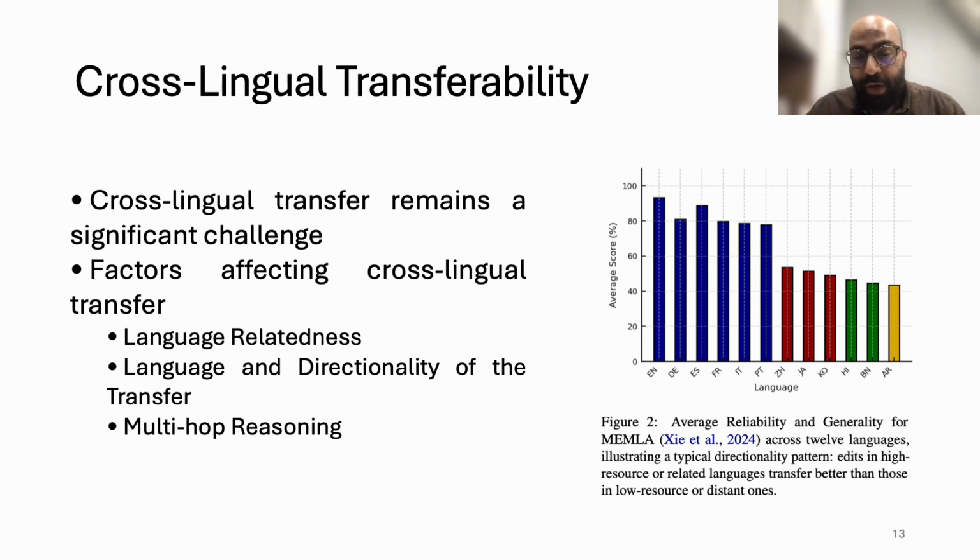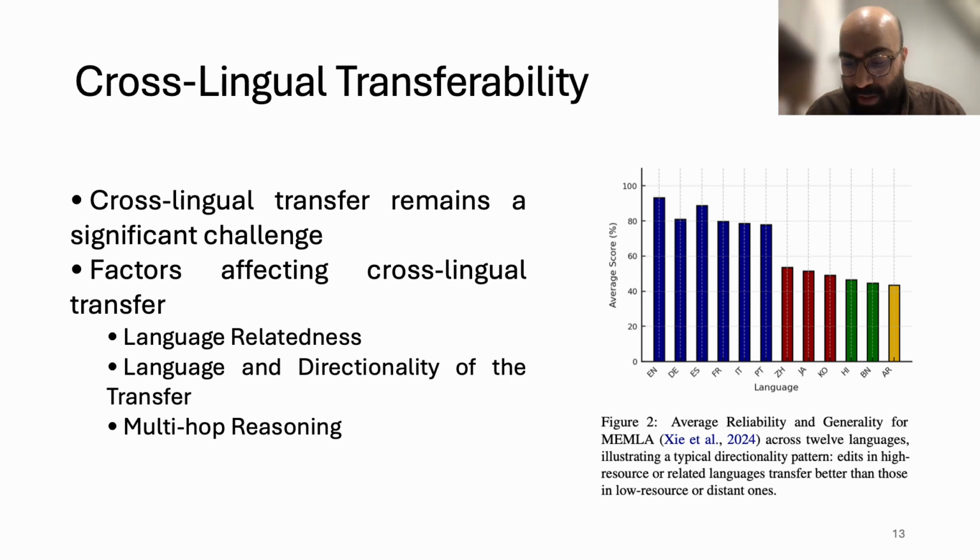Regarding cross-lingual transferability, it remains a significant challenge as we have many factors affecting cross-lingual propagation. One of them is the language relatedness, specifically the family that the languages belong to, or the script that the languages are written in. Another factor is the language and directionality of the transfer, as shown on this figure: the language that we're applying the edit in and the language that we're evaluating on matter significantly,